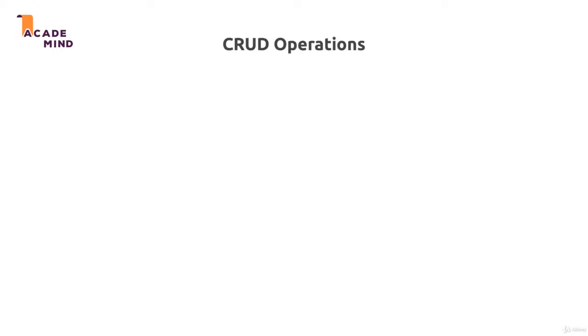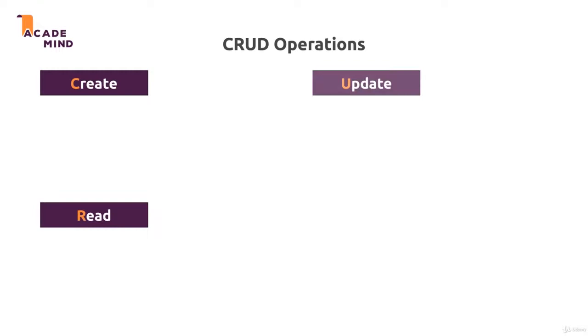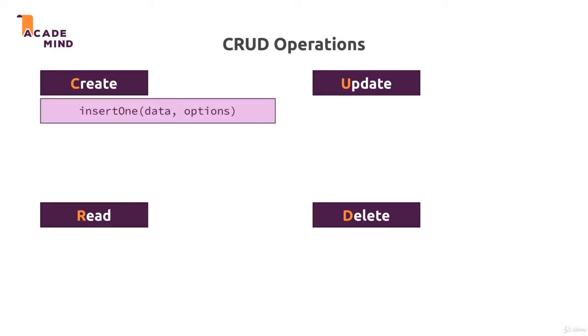Now, for these CRUD operations, we have a couple of important queries you should keep in mind, and you'll also find in the official docs, of course, in case you want to check out all the details or dive a bit deeper. There's insertOne, which we already saw. insertOne allows us to insert some data into a collection, and all these methods I'm showing you are directly executed on a collection, as we did in the last lectures. And we can also pass some options along with insertOne. We'll not worry about that right now. We'll dive into that later though.